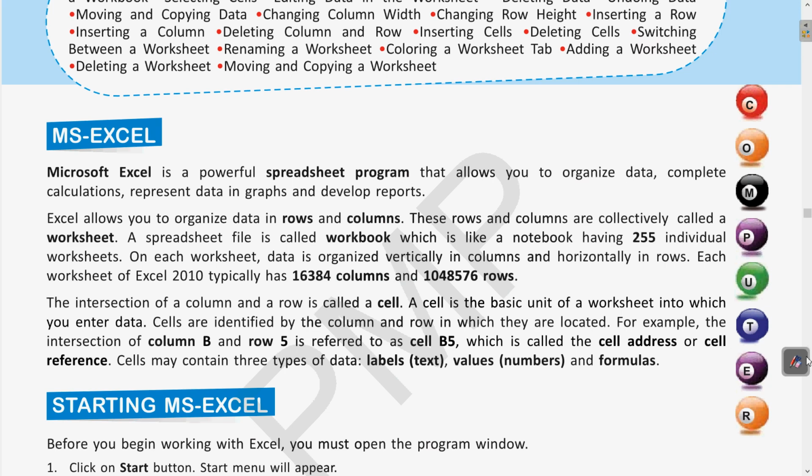So we have seen that MS Excel is a spreadsheet program. Spreadsheet basically means a software or a program where we can organize the data, we can keep them in the form of rows and columns, as well as we can do calculations on the data. Clear? Then this Excel sheet is organized in rows and columns. Whatever the data we are saving, that will be in the form of rows and columns.